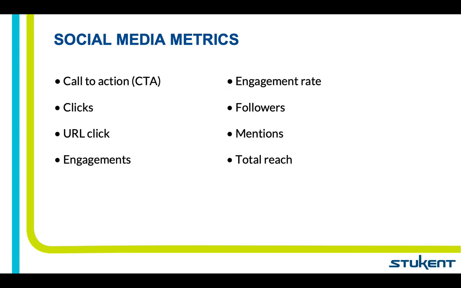Then your engagement rate is the percentage of your audience that is engaged with your content. So we calculate this by dividing the number of engagements with the total reach. So I'll skip down here to total reach, which is also considered your impressions. So it's the number of times people have seen any activity from your account, including posts or posts to your page by other people, ads, and more. So we take all those impressions, all those eyeballs, and we divide them by the number of engagements. We come up with an engagement rate.